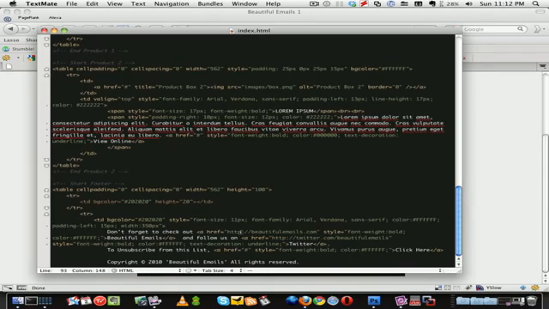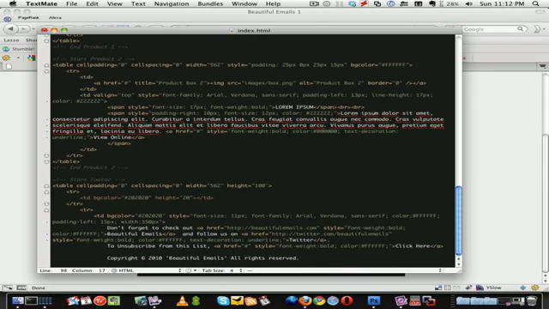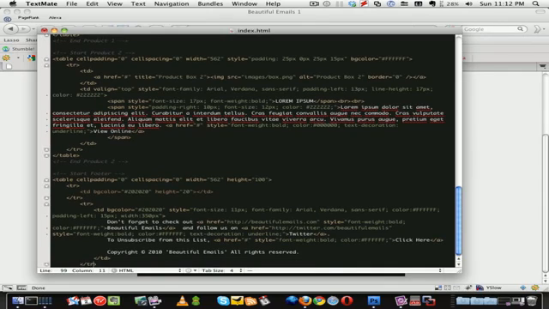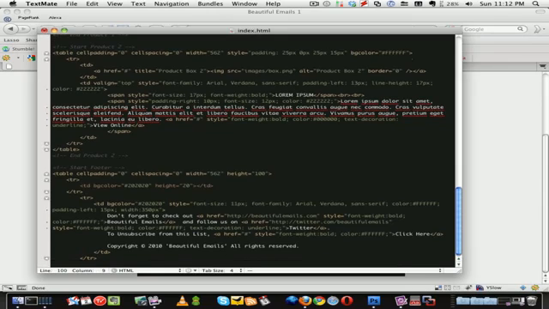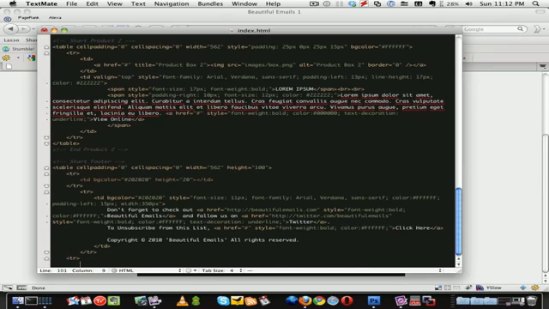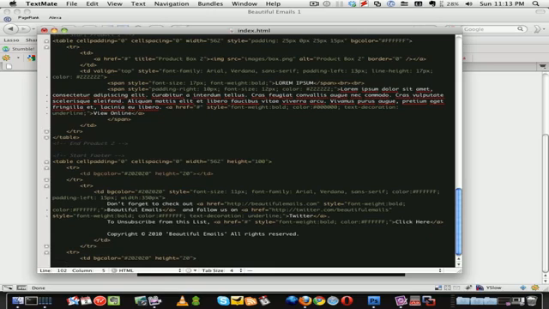Don't forget, follow us on Twitter. Click here. Okay, let's finish it off. So close TD, close TR, and then new TR, new row, TD background color of grey again, height of 20, and then